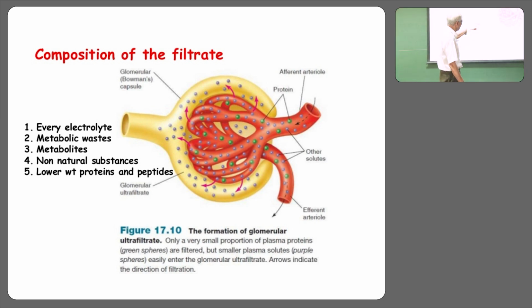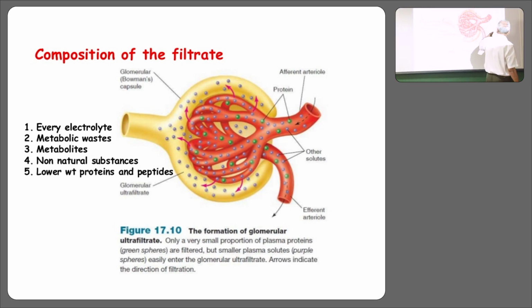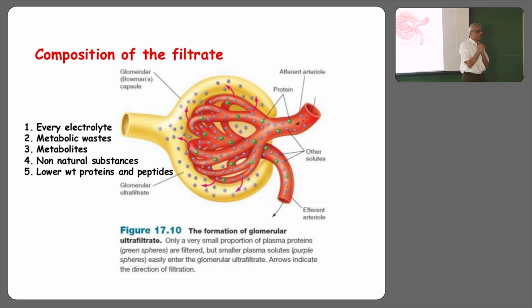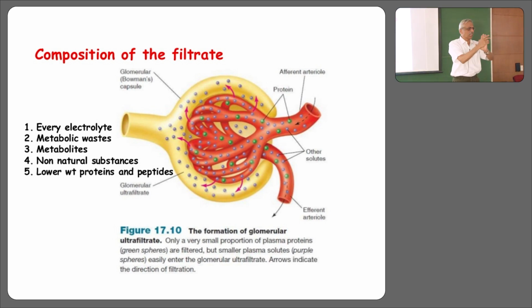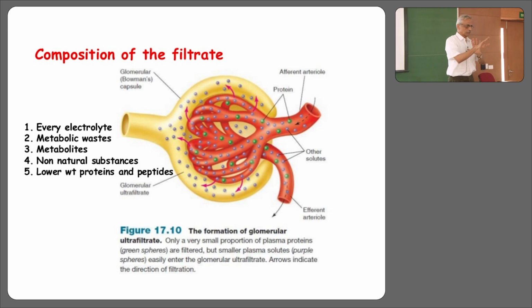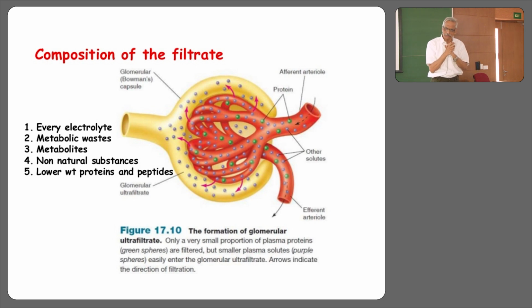We are still talking about the same thing. This is the afferent vessel and the efferent vessel. Presuming there are 100 molecules of urea, and blood is passing, just some figure I am taking, 100 molecules. What do you think? All of them will be filtered? Some of them will be filtered.